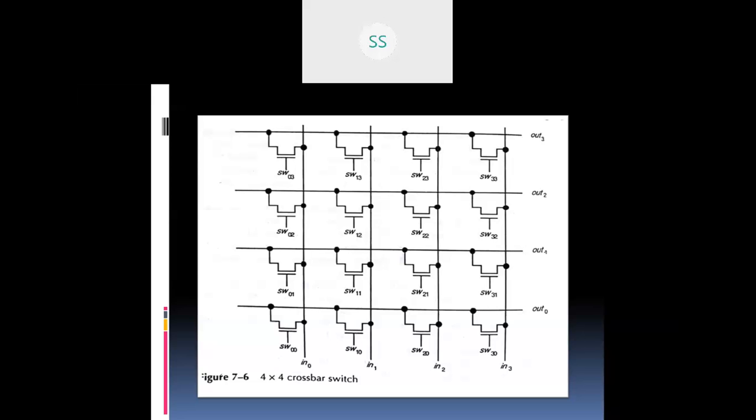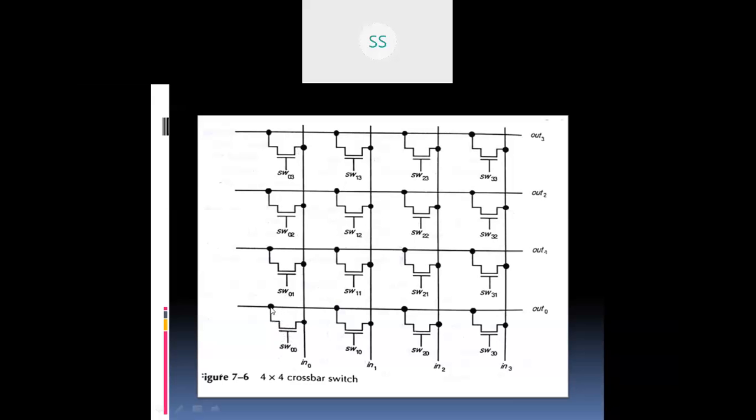So this is the 4 cross 4 crossbar switch. Why is it 4 cross 4? It has 4 input lines: input 0, input 1, input 2, input 3, and output 0, out 1, out 2, and out 3. That's why it is a 4 cross 4 switch. These are the MOS transistors using which the shifter operation is realized, and they are called switches, these MOS transistors acting like switches. These are the control lines. These are the drain and source terminals. Consider a single transistor, with a drain terminal and a source terminal.